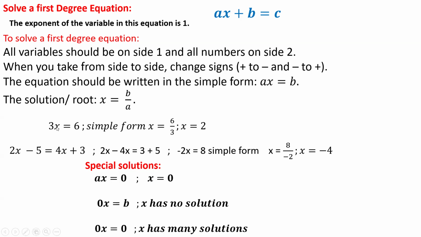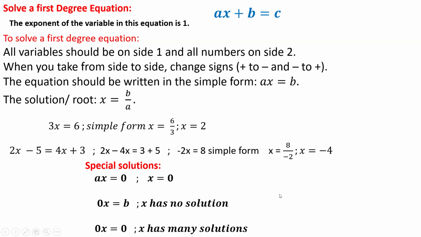For example, if you have 3x equals 6, this is a simple form. So directly I get the solution x equals 6 over 3, then x is equal to 2 is my root or my solution. If I have an equation 2x minus 5 equal 4x plus 3, as the rule says, all